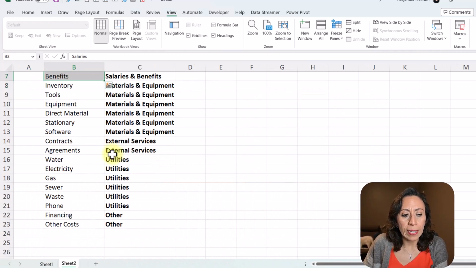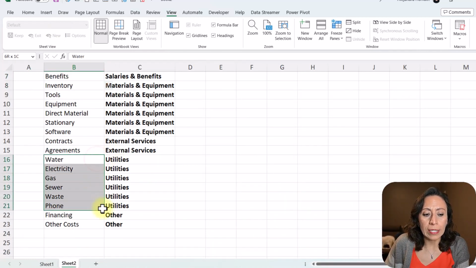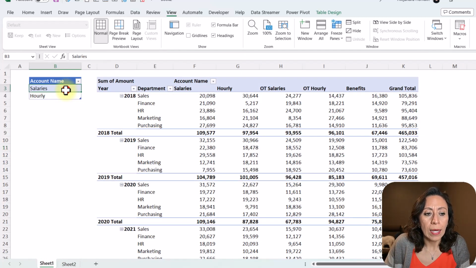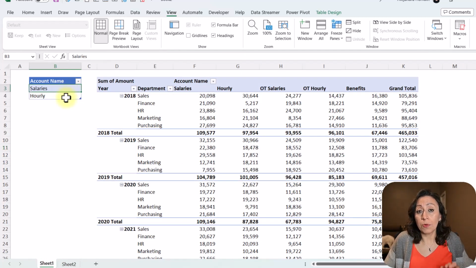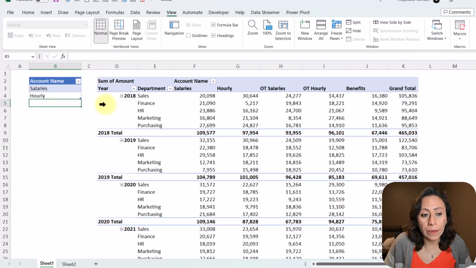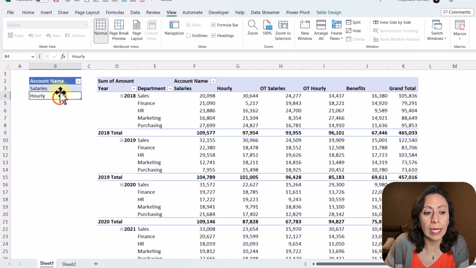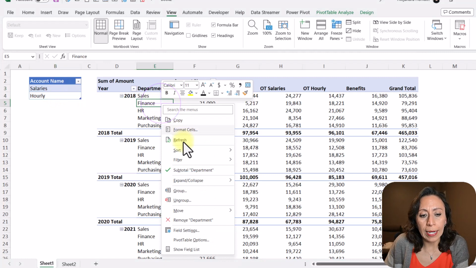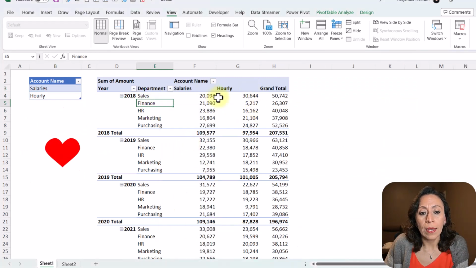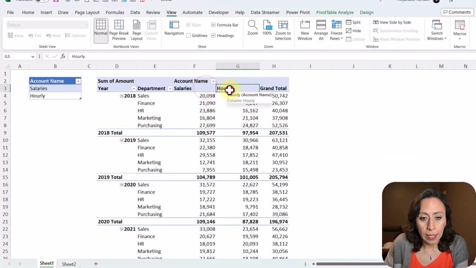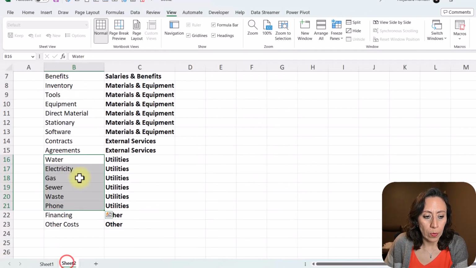And now I'm going to bring the accounts that belong to utilities, to that category. So I'm going to say Control C. I'm going to go to sheet 1. On top of salaries, if you want to keep salary and hourly, you can copy that information under. Oh, actually, I didn't show you when I removed the three items under hourly. I right click and click refresh, and then the pivot table brings only the information that I have in this list.